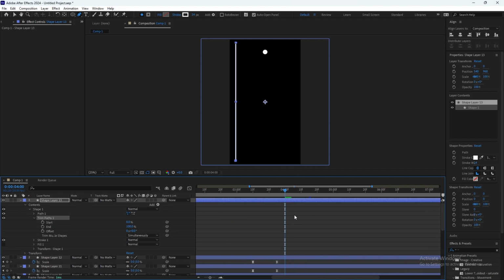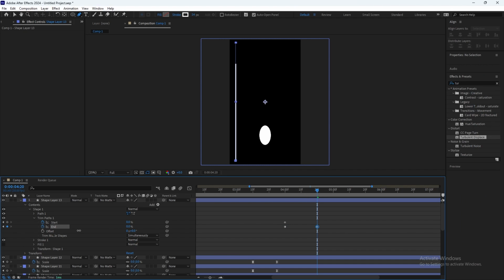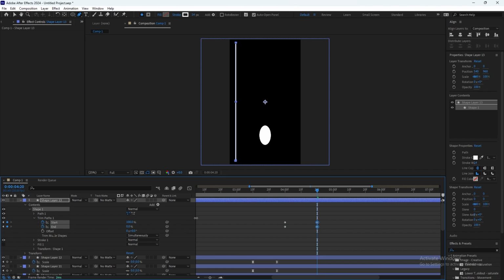Yeah, somewhere like here. Select the start and end, go forward 20 frames, the end put it at 0, the start put it at 100.